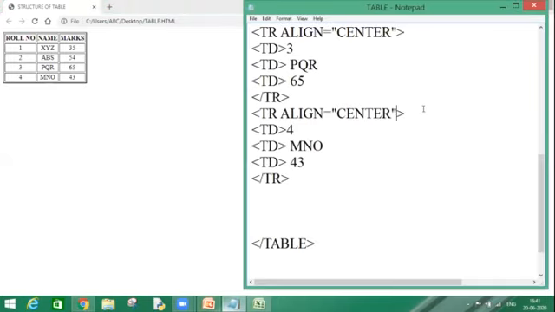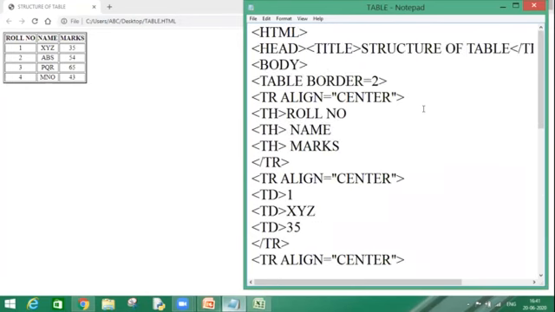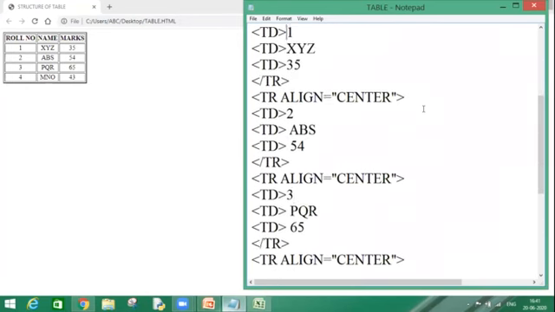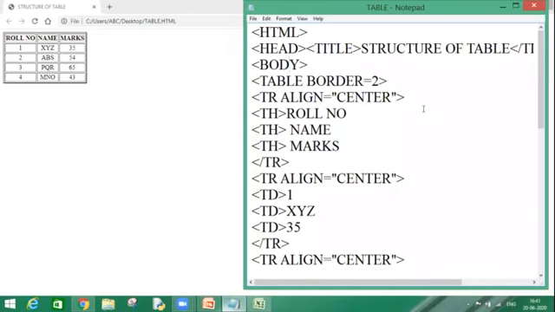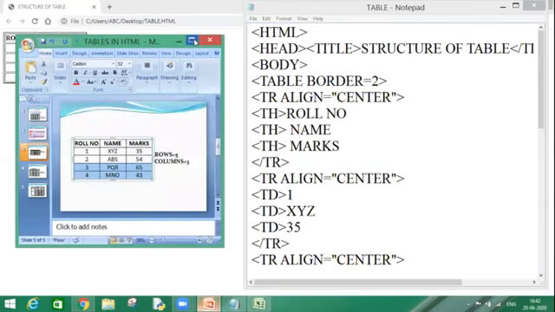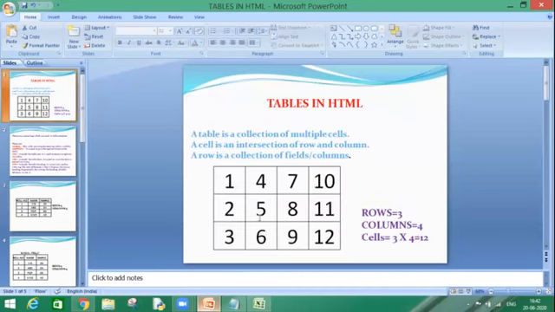So this is all about how to create a table. We have seen the examples without th tag also and with th tag also. There is only one difference, that th is for table heading. If you want to create a table like this, then you can go for th tag. But if you want to create a table like this, there is no use of using th tag. We can go with the simple td tag for all the rows and columns. So I hope you have understood how to create tables in HTML.